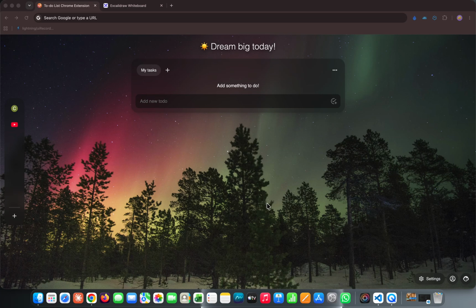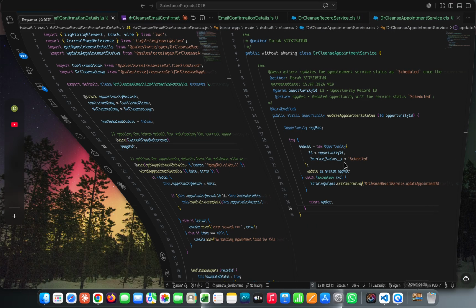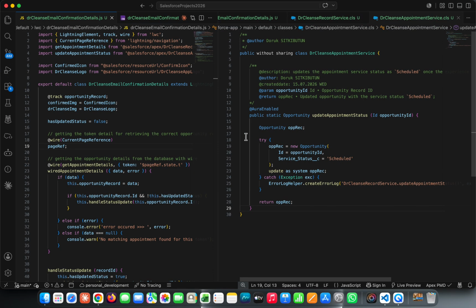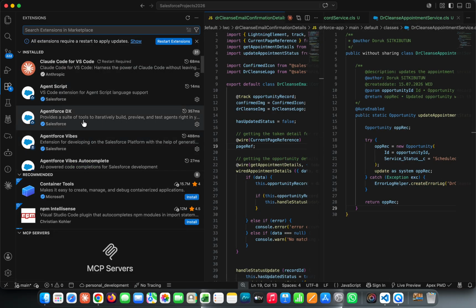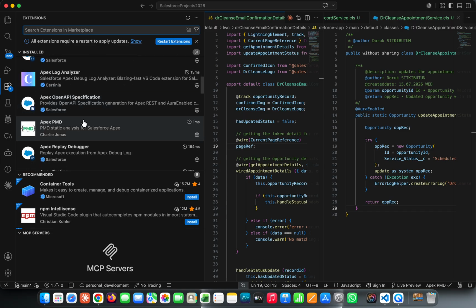Yes, hi everyone. In this video, I'm going to explain what extension we need in VS Code to be able to use our Salesforce projects. First, let's open our VS Code. And under my current profile, I have a lot of extensions that I installed previously, but